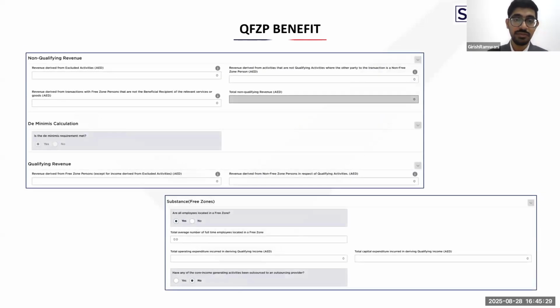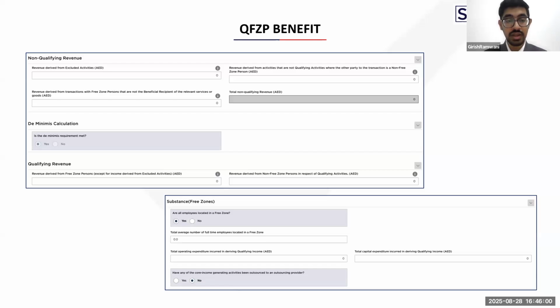After this, you have to give the details of your non-qualifying revenue. So what is your non-qualifying revenue? Any income that was not a qualifying income. That means any income that you have derived from your excluded activities, any income that you have derived from non-free zone persons, which were not even your qualifying activities, or any income derived from non-free zone persons where the free zone persons were not the beneficial recipients, then that also needs